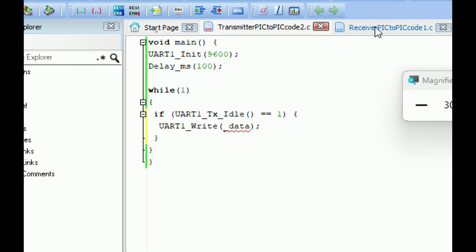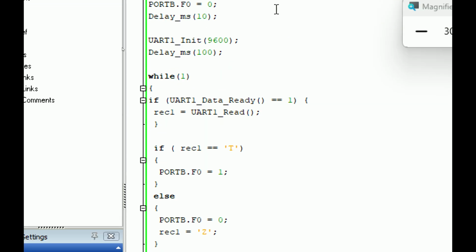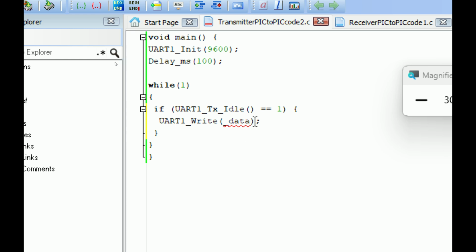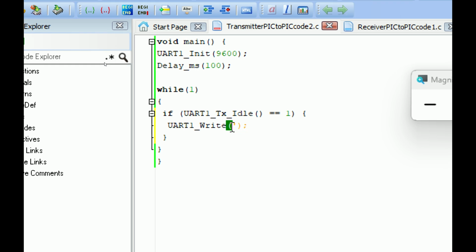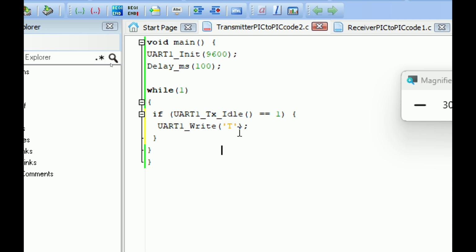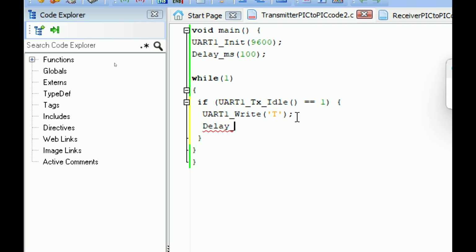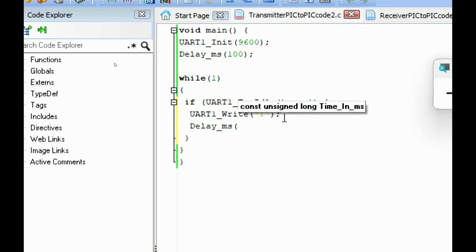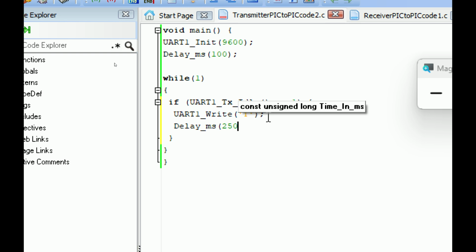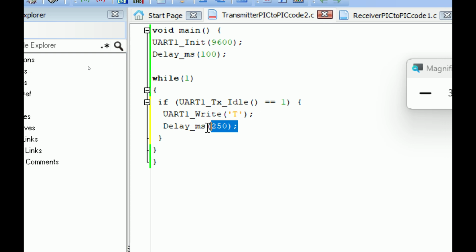Now you see on the receiver side, if we send a T, it means that the LED is on. So we send a T. T. Okay, there you go. The T will be sent. And we also give a delay, for how long we want the LED to be on, because T will be sent and then it will remain there in the receive buffer. For how long I want this to be on, T will be sent for 250 milliseconds. Okay, that will do fine. So a T is sent and it will be like this for 250 milliseconds, and after that